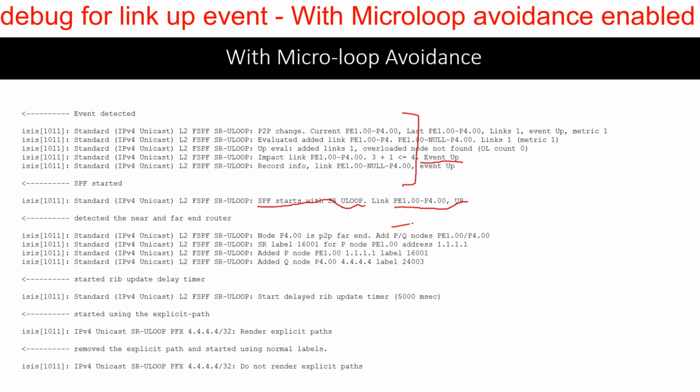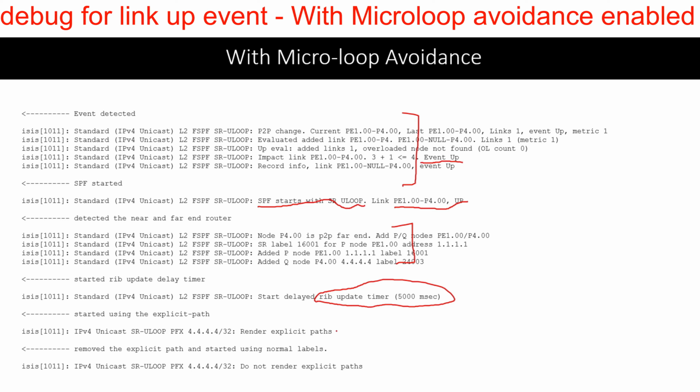It figures out the P and Q node, and then builds the auto MPLS traffic engineering tunnel, pushes the traffic over that tunnel with the extra labels, and then starts the RIB delay timer for 5 seconds or 5000 milliseconds,